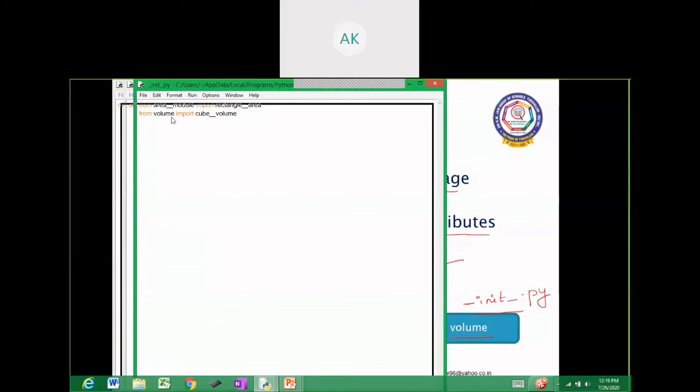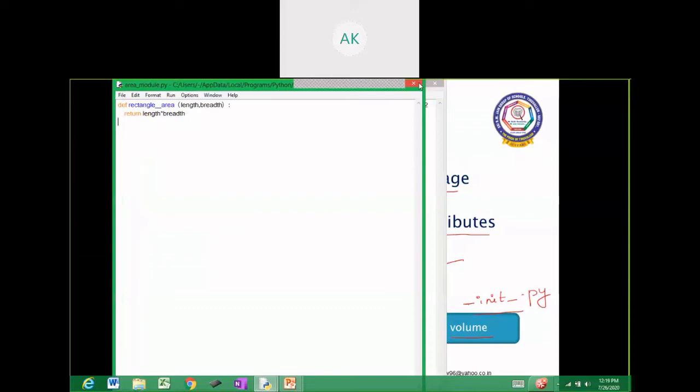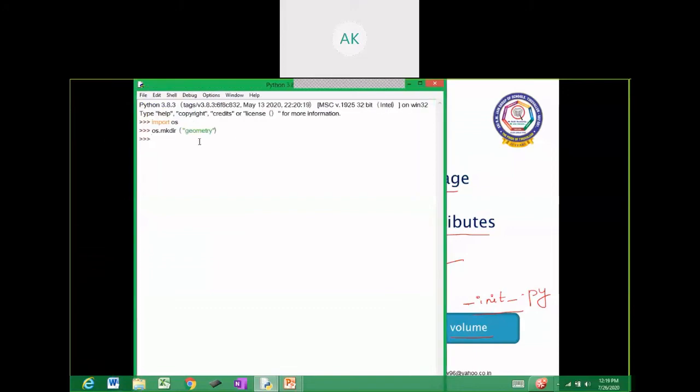Now we'll execute and see how to use the package that we have created. From the directory geometry, we are going to import two modules: one is area_module, and the other is volume. Both the modules we have imported.